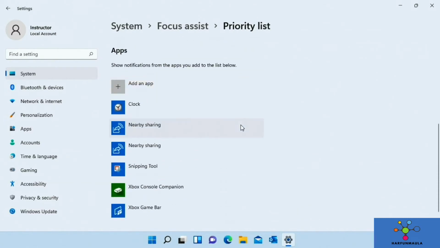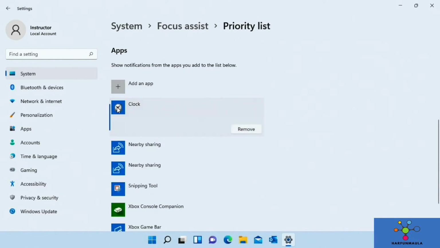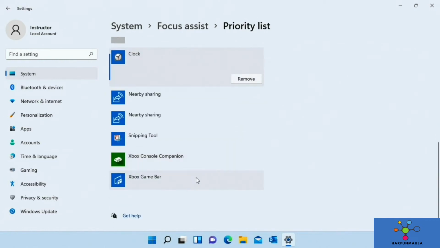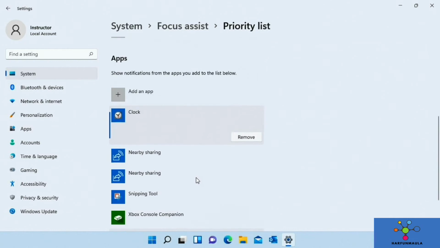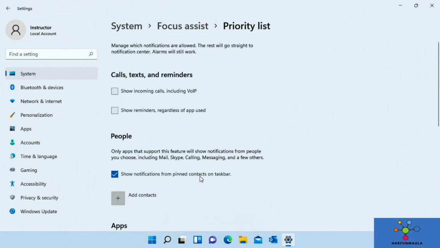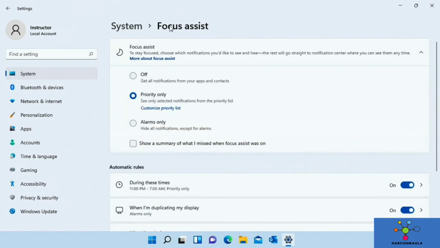Down below, same thing for the apps. You can see the clock here has an option. If we go to clock, we can remove it from the apps list so we don't get notifications. Snipping tool, some of the games, for example, we may want to remove. That's up to you. Once we've set these up though, go back to Focus Assist up here at the top